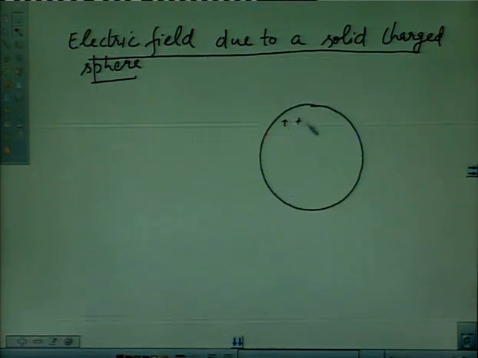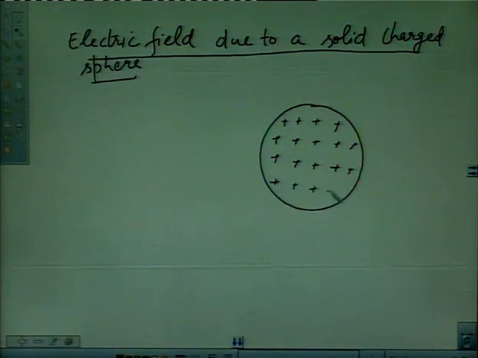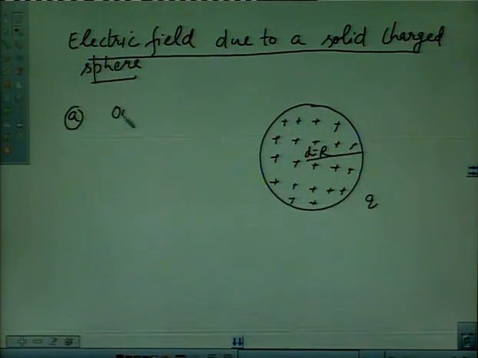Suppose we have this solid sphere, and we have given a positive charge q to this solid sphere. It is uniformly distributed on the surface and inside the solid sphere. The radius of this charged sphere is r. So when we talk about outside electric